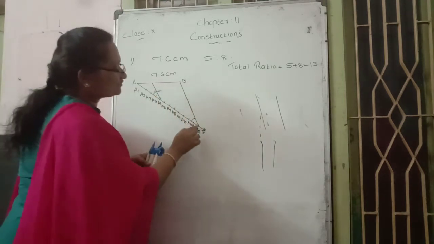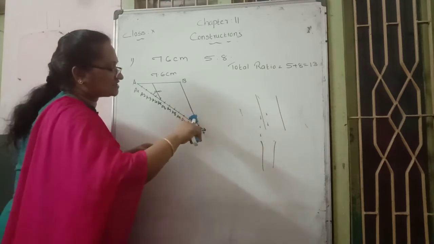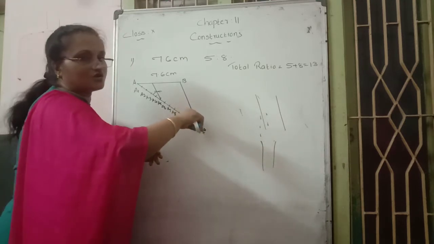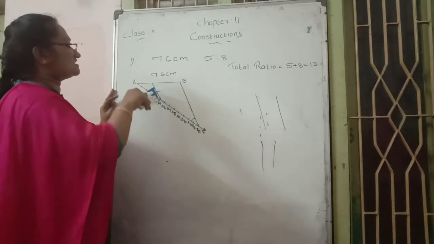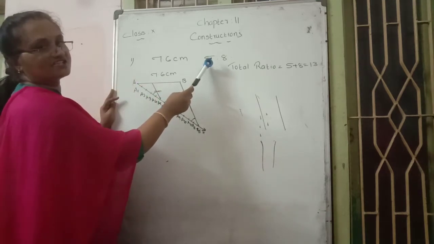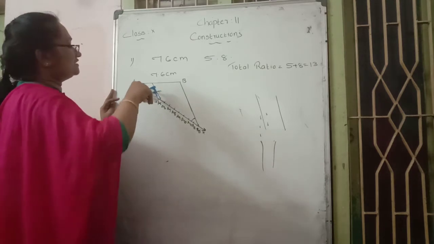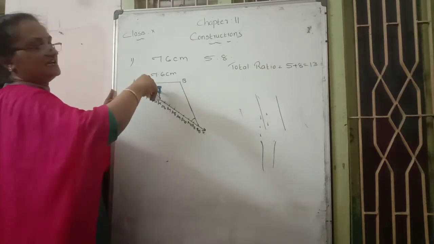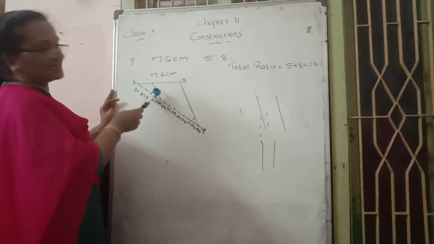How to take here A13 as the vertex? Keep your compass on A13 and simply draw an arc. Same measurement taken, A5 as center and draw. A5, we take here a ratio given as first ratio 5. That's why 5 means A5. A5 as center, draw an arc. Second arc, how to draw? This long arc as center, second arc to draw.